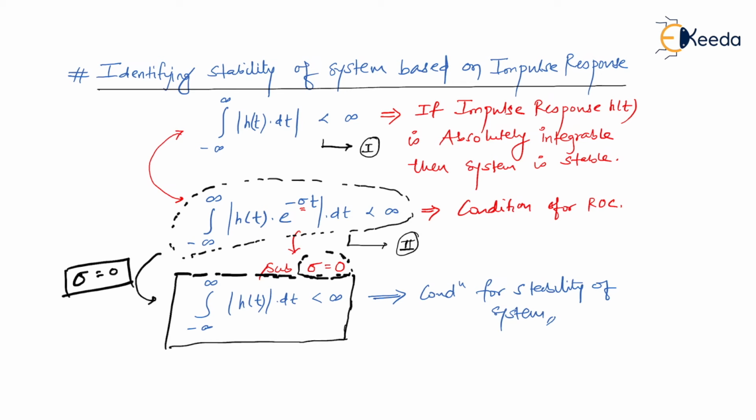I repeat, what does ROC stand for? Region of convergence. As you can see, the region of convergence is nothing but a particular highlighted region that we mark as ROC. In that ROC, if you find the sigma equal to 0 point, it means the given system is stable. So let me write the final conclusion here. Please don't forget, when I say observe ROC, it is strictly ROC of H of s, because we are still characterizing the system. So if ROC of H of s includes sigma equal to 0, then the system is said to be stable.